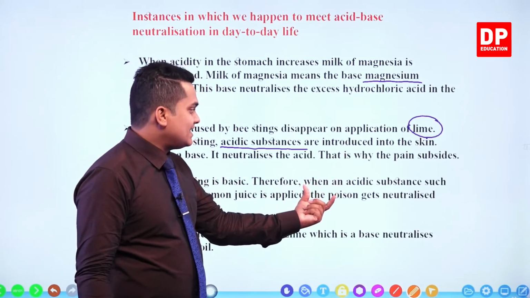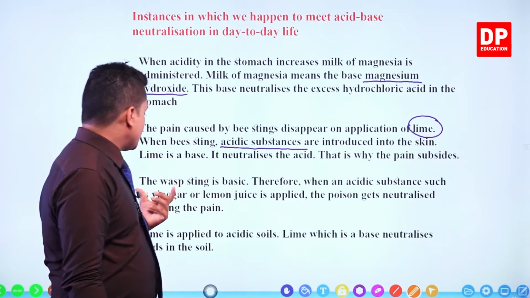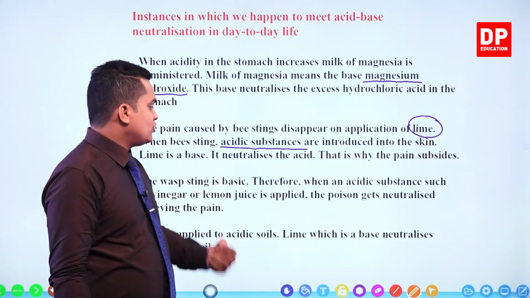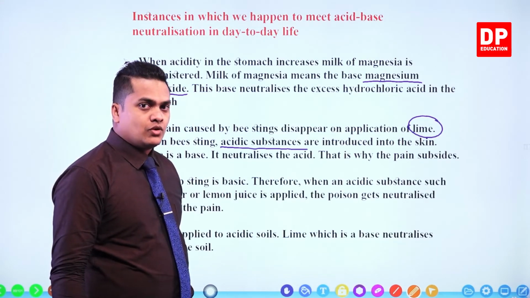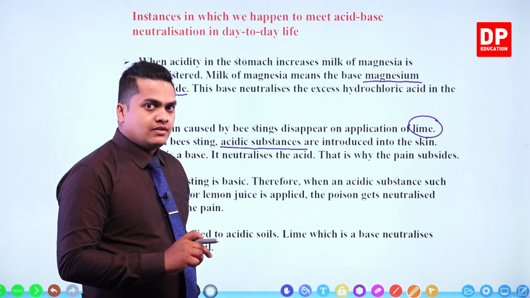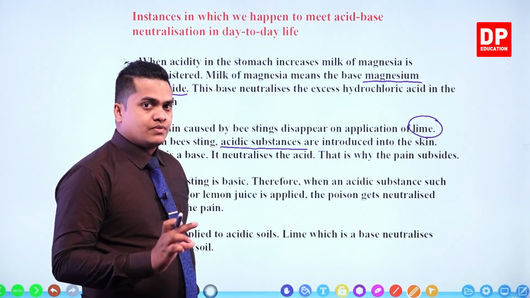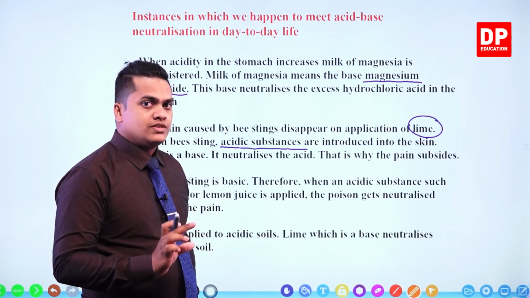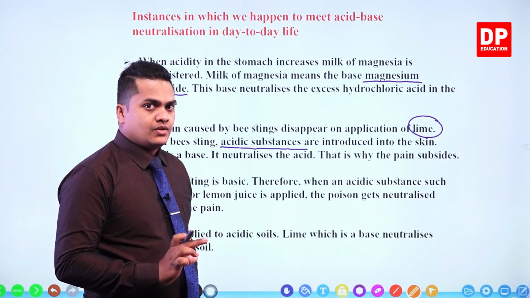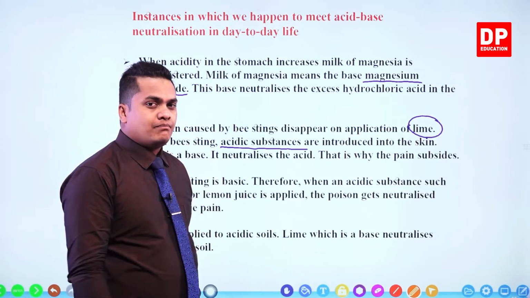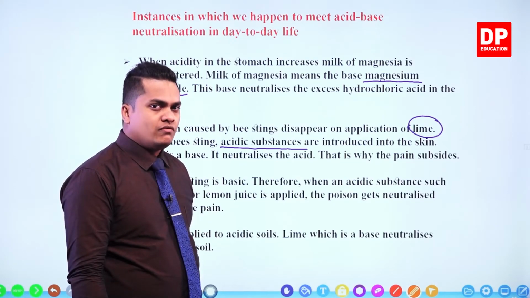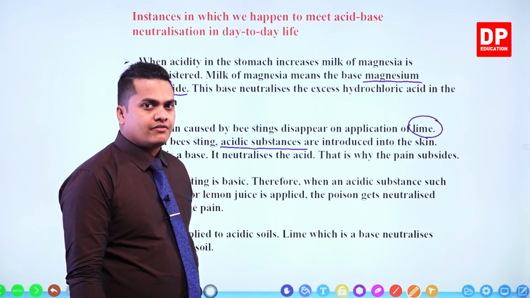Therefore, when an acidic substance such as vinegar or lemon juice is applied onto the place where the wasp sting was administered,